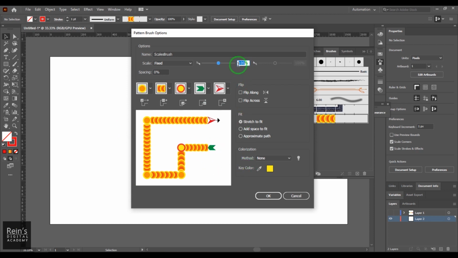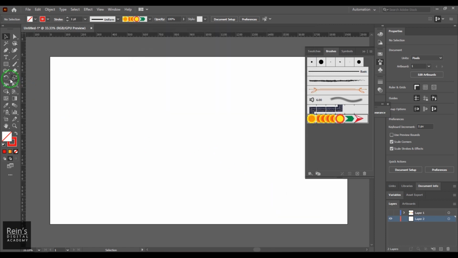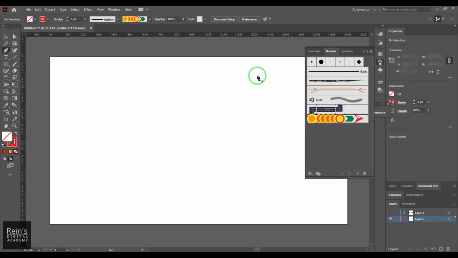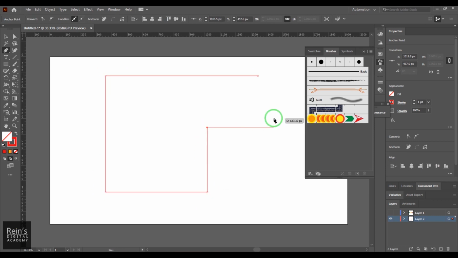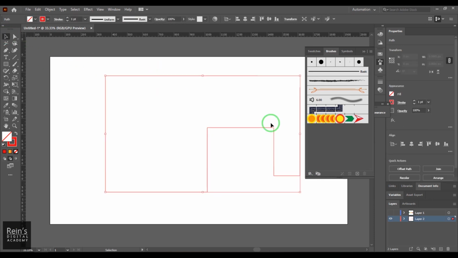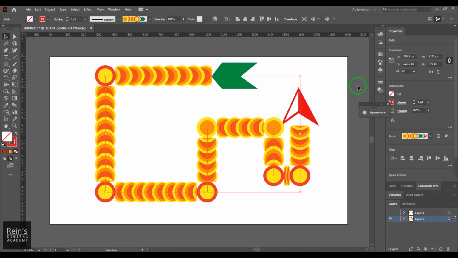You have the scale value, you can reduce the scale if you wanted. Okay, I'll just choose 100 and say okay. Take the pen tool. Okay, there's a pen tool here, and start placing the curve at perfect right angles. Okay, now you select that stroke and click this brush. You got this here. Now what I need to do here is